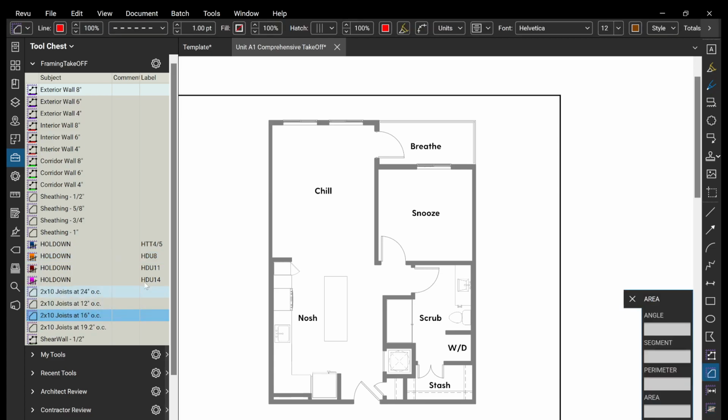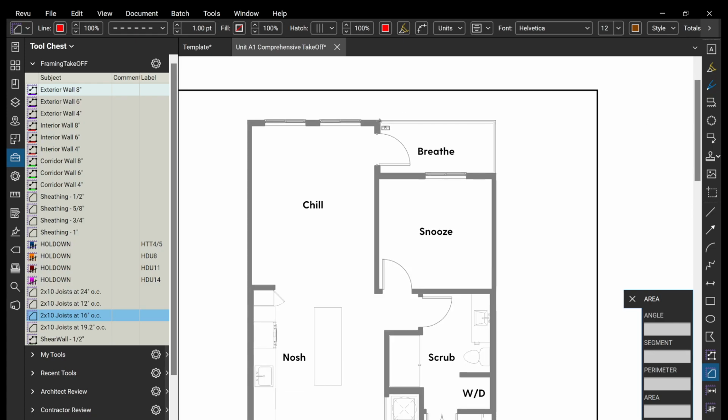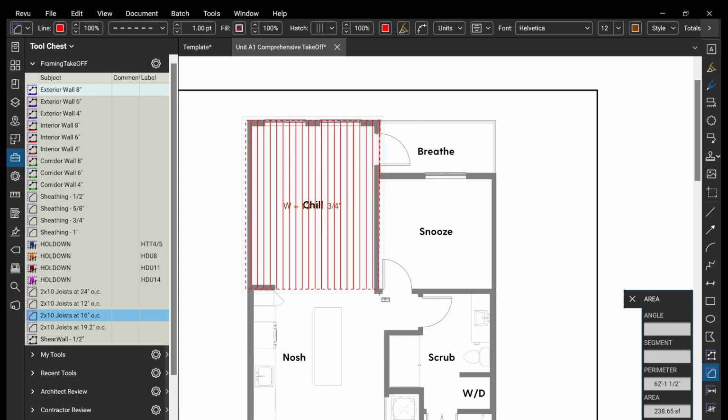Let's assume we have 2x10 joists. And we're going to assume they're framing it all in one direction for the sake of now. We can get into the more detailed aspect of it if we choose to, but for the sake of demoing here, I'm just going to draw the floor joist spanning in the top to bottom direction here, and then